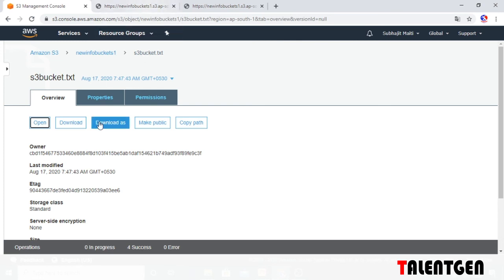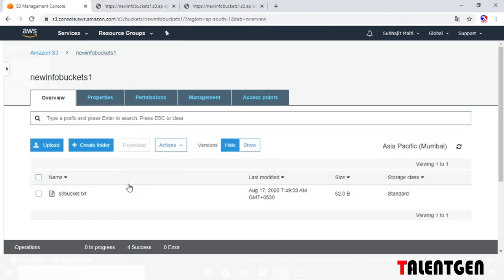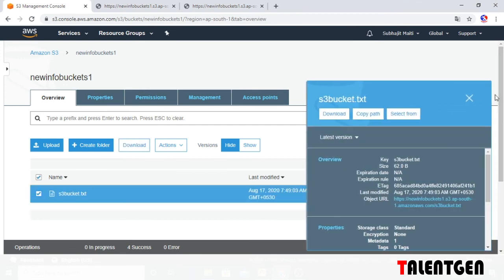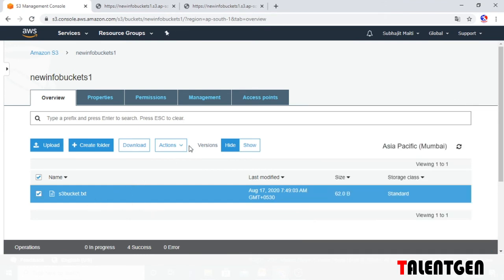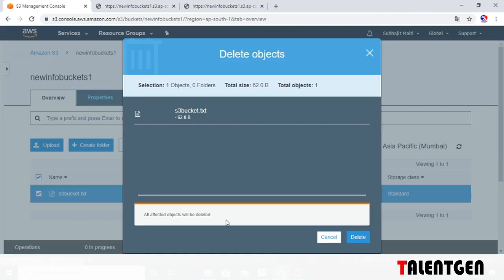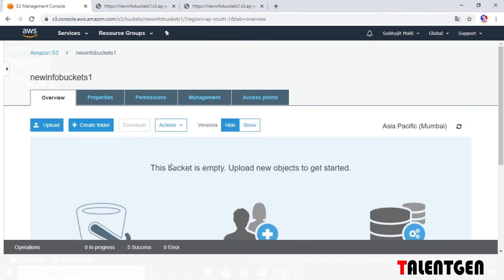Now another available feature is the delete marker. Select the object file, then actions, go to delete the file and delete. This file is deleted. Now this file is deleted permanently, but we want to restore this file from this bucket, because we already learned that if you enable the versioning features, you can restore or retrieve your data.